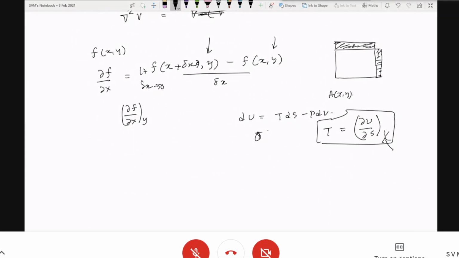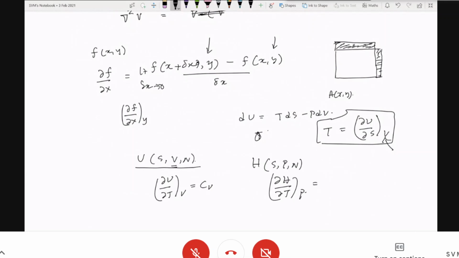But if we change P instead of V, will the function change? Because in mathematical functions it doesn't change. Yeah, that is what I'm saying. So when you say U is a function of S, V, and N, if you can change volume, only then this dou U by dou T at constant volume will give you Cv. But you cannot use this U if you want to change pressure, because pressure will go to enthalpy, which is a function of S, P and N. So then you write down dou H by dou T at constant pressure, and that becomes your Cp.